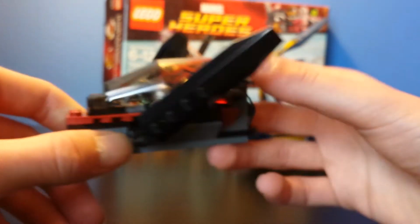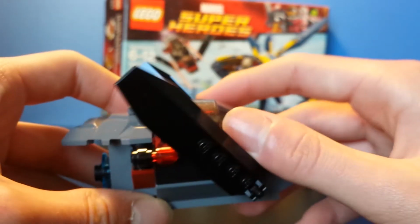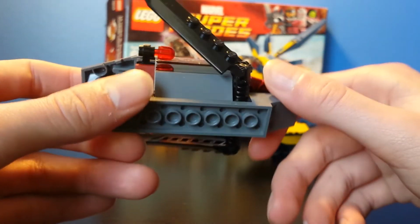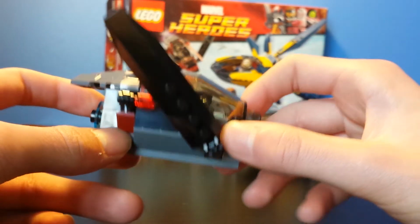So yes, this is not that bad of a vehicle. It's small, it's good for playability. I like it. Oh, and I kind of flipped, but yes. So yes, this is the Sakaran ship. Even though that's out of scale from the movie, I still like it. And now let's